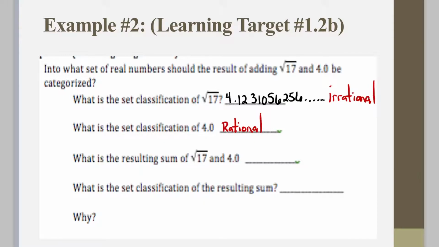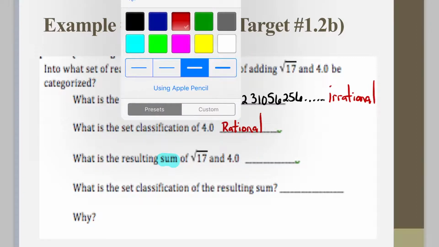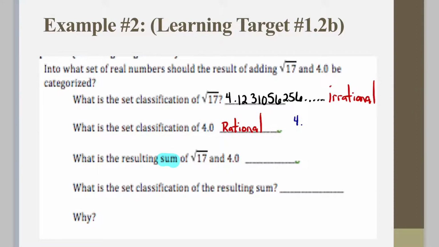So when we think about the resulting sum, the word sum implies addition. So what we're going to do is add the square root of 17 and 4.0. And if I were to rewrite these so that they are positioned above and below each other, 1, 2, 3, 1, 0, 5, 6, 2, 5, 6, and 4.0,